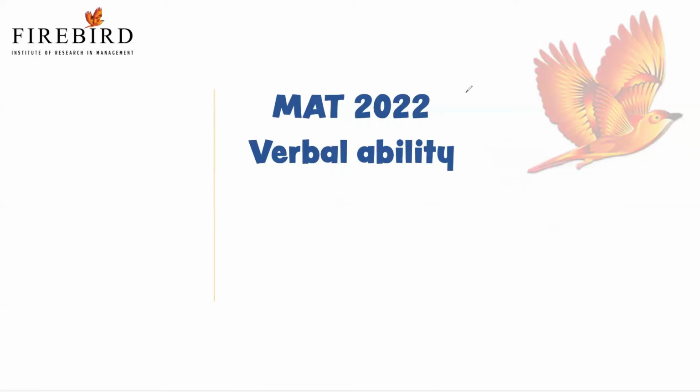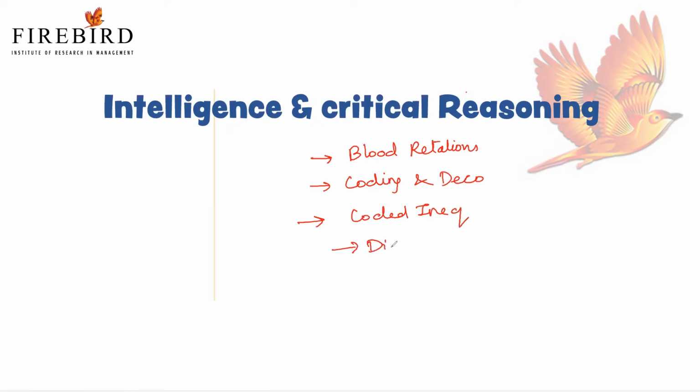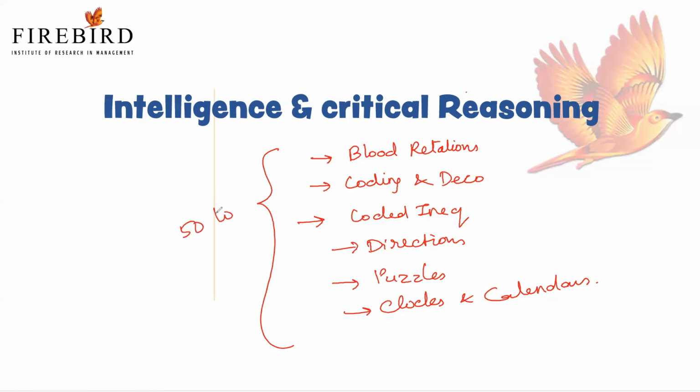The next section we can choose is intelligence and critical reasoning. When it comes to intelligence and critical reasoning, you should concentrate on the following topics: blood relations, coding and decoding. Just concentrate on all types of coding and decoding. Next, coded inequalities, directions, puzzles, clocks and calendars. First concentrate on these topics, and at least practice 50 to 100 questions before going for